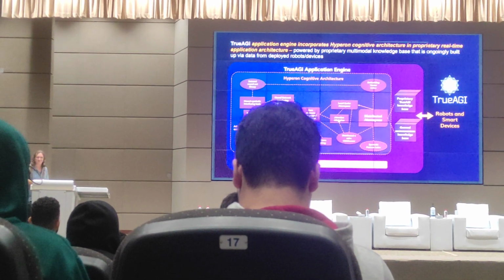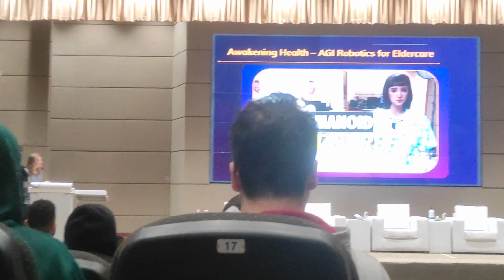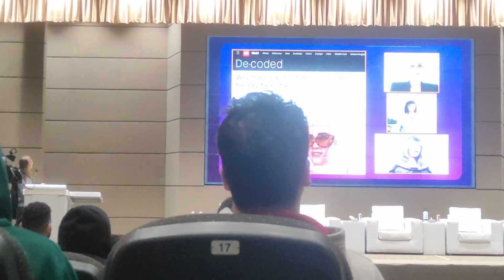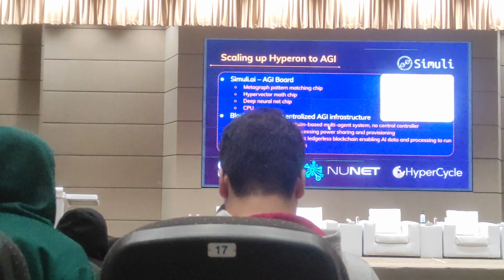This computer is running Windows 3.1. It's very slow. Okay,